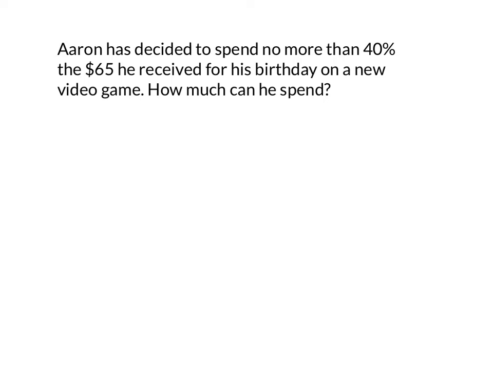Let's do one more example. Aaron has decided to spend no more than 40% of the $65 he received for his birthday on a new video game. How much can he spend? Well, it looks like we've got a total or a whole right here and our percent. So again, for our percent proportion, we start with 40 over 100 equals the part I don't know over the whole, which is 65. So now we're going to cross multiply,